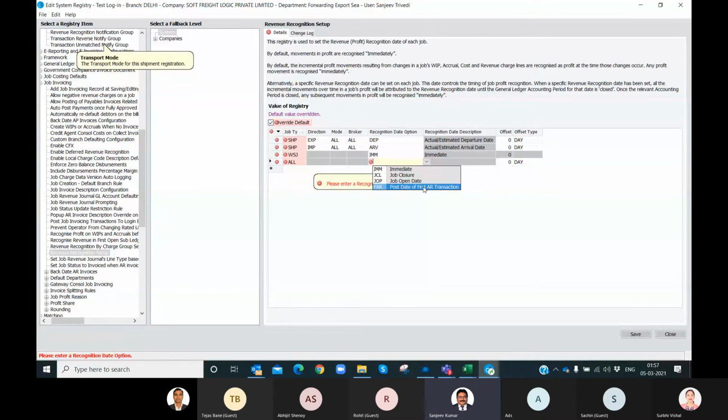Then what will happen? The system will not recognize the revenue for that particular job. So in that case, that entry will appear in the cost suspense control account till the time the first AR invoice is posted.